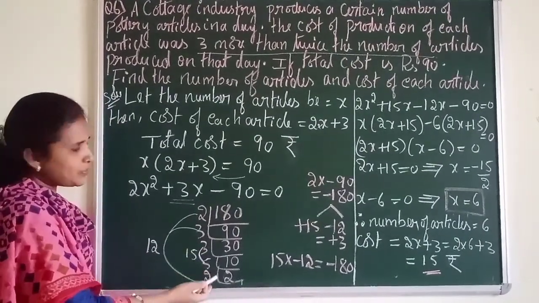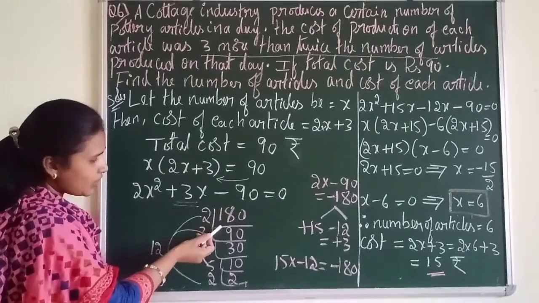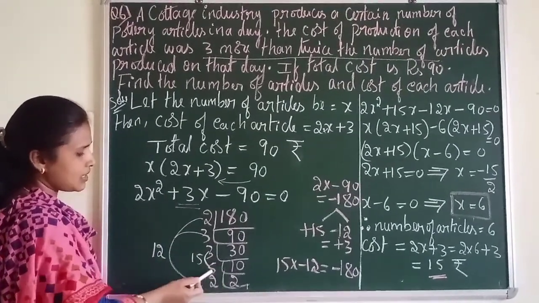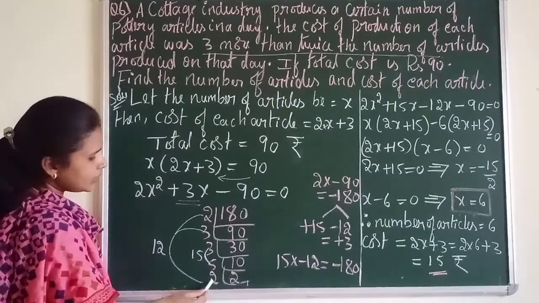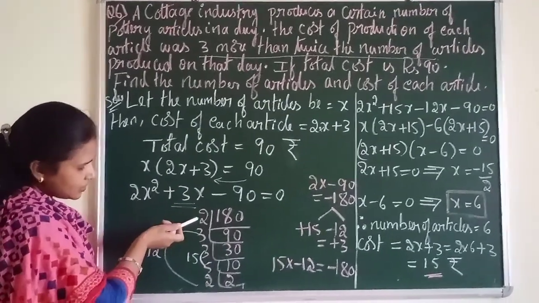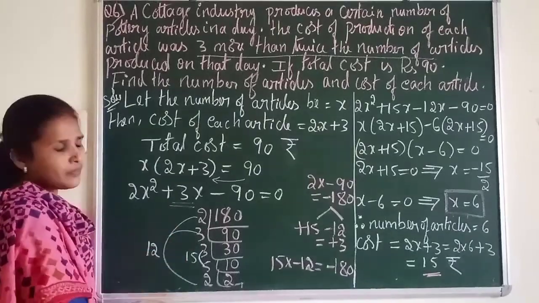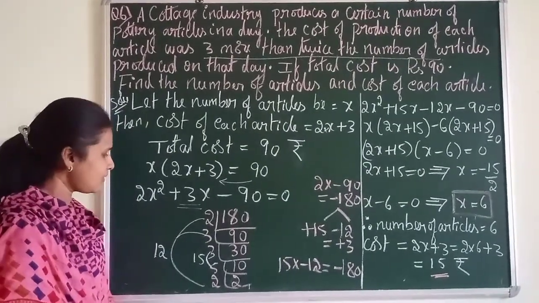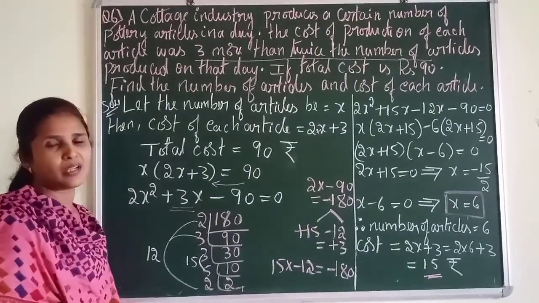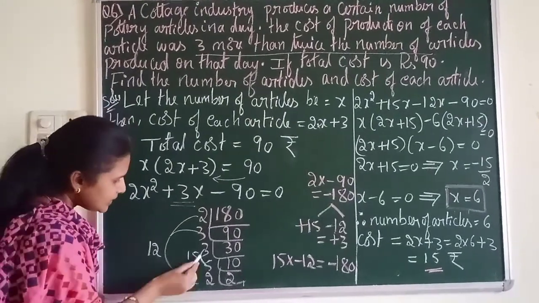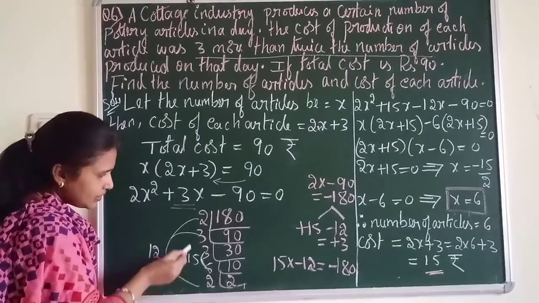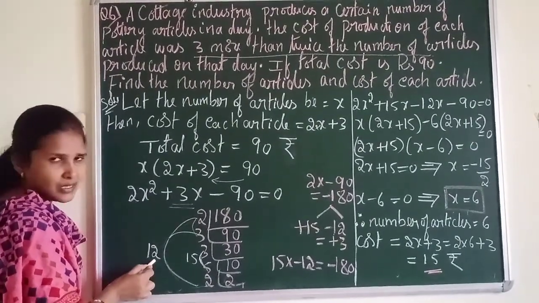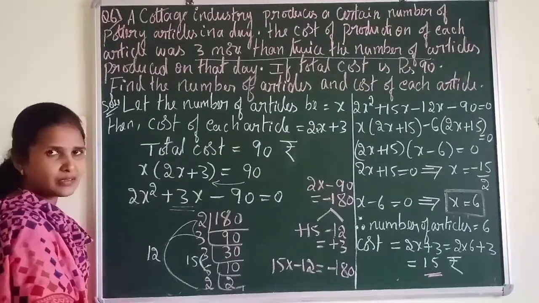Again, I explained with the prime factorization method. Take 180 and do prime factorization. 2 90s are, 3 30s are, 3 10s are, 5 2s are, and here 2 1s are. So we got the factors 2, 3, 3, 5, 2. With these factors, try to bring two numbers in such a way that when I subtract, I should get 3. So you can see here 5 3s are 15, 3 2s are 6 and 6 2s are 12. So when I multiply these three numbers, I get 12.